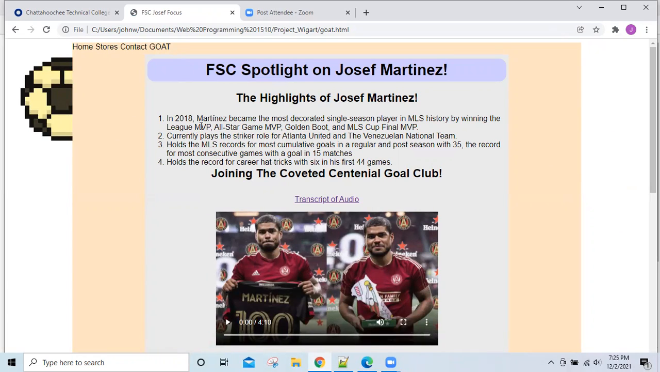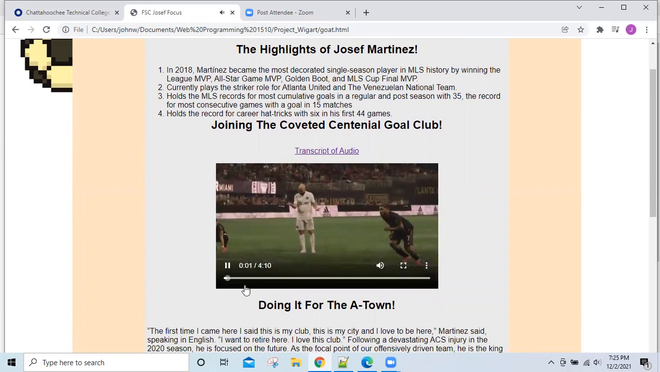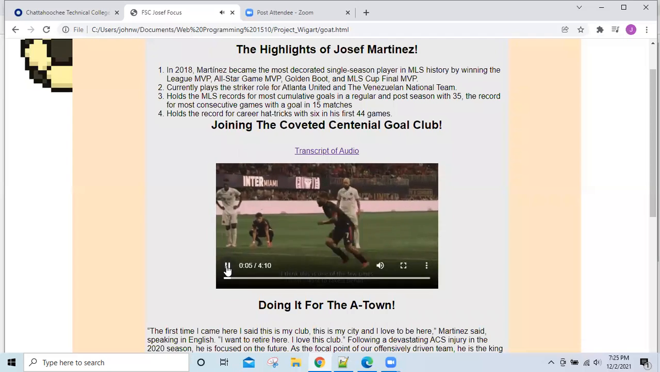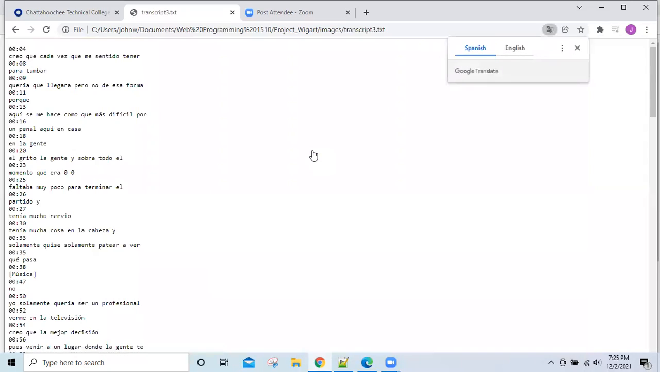This time we've got an actual ordered list at the top following the H2 headings. We've got a full video of him when he scored his 100th goal and joined the Centennial Club. And it has English subtitles, which are embedded, but his primary language is Spanish, so I did the